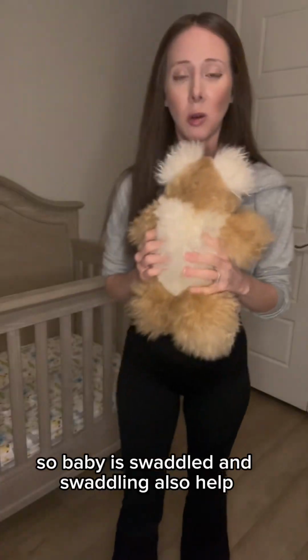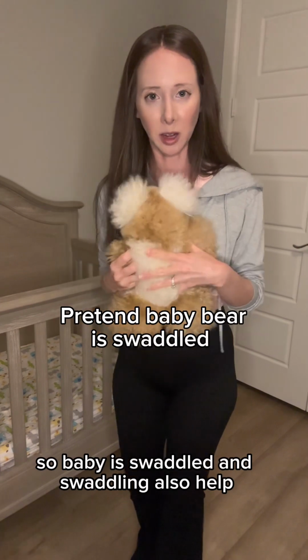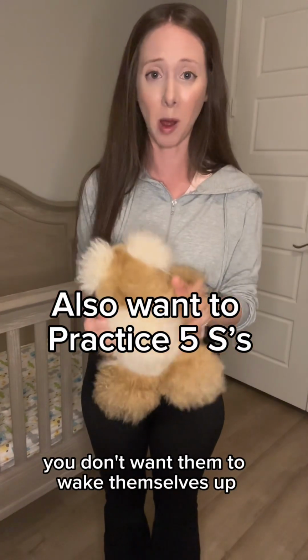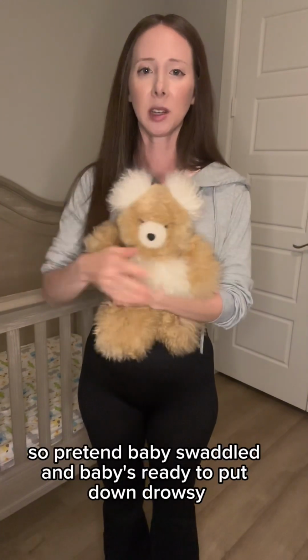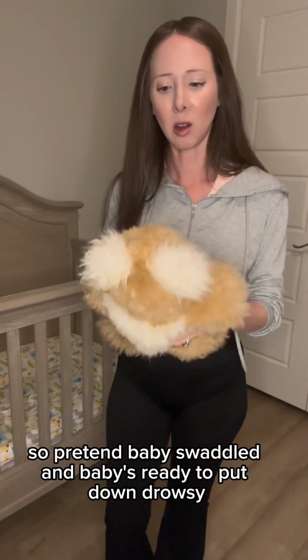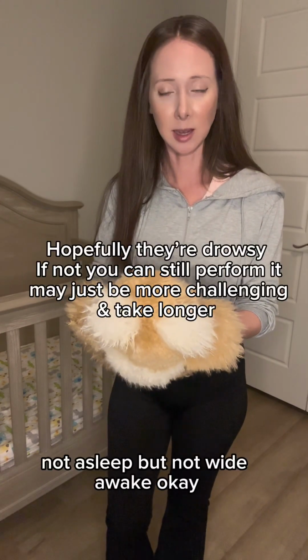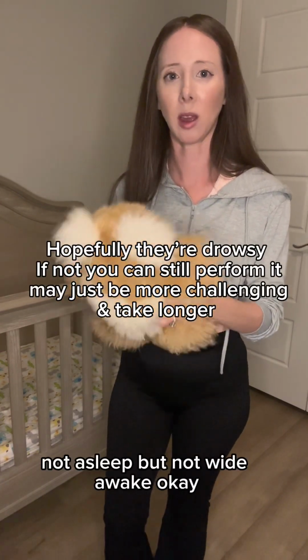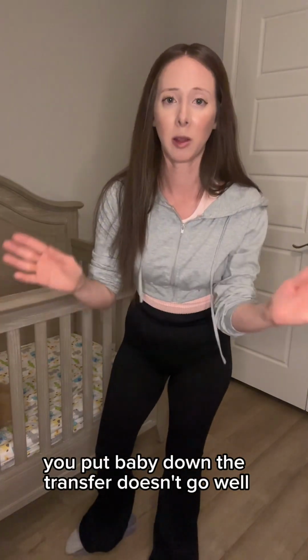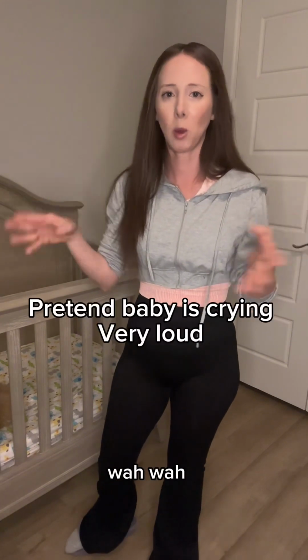So baby is swaddled, and swaddling also helps. Swaddling or a sleep sack, because of the Moro reflex, you don't want them to wake themselves up. So pretend baby's swaddled, and baby's ready to put down, drowsy, not asleep, but not wide awake, okay? So drowsy. All right. You put baby down, the transfer doesn't go well, they wake up immediately, wah, wah, wah,